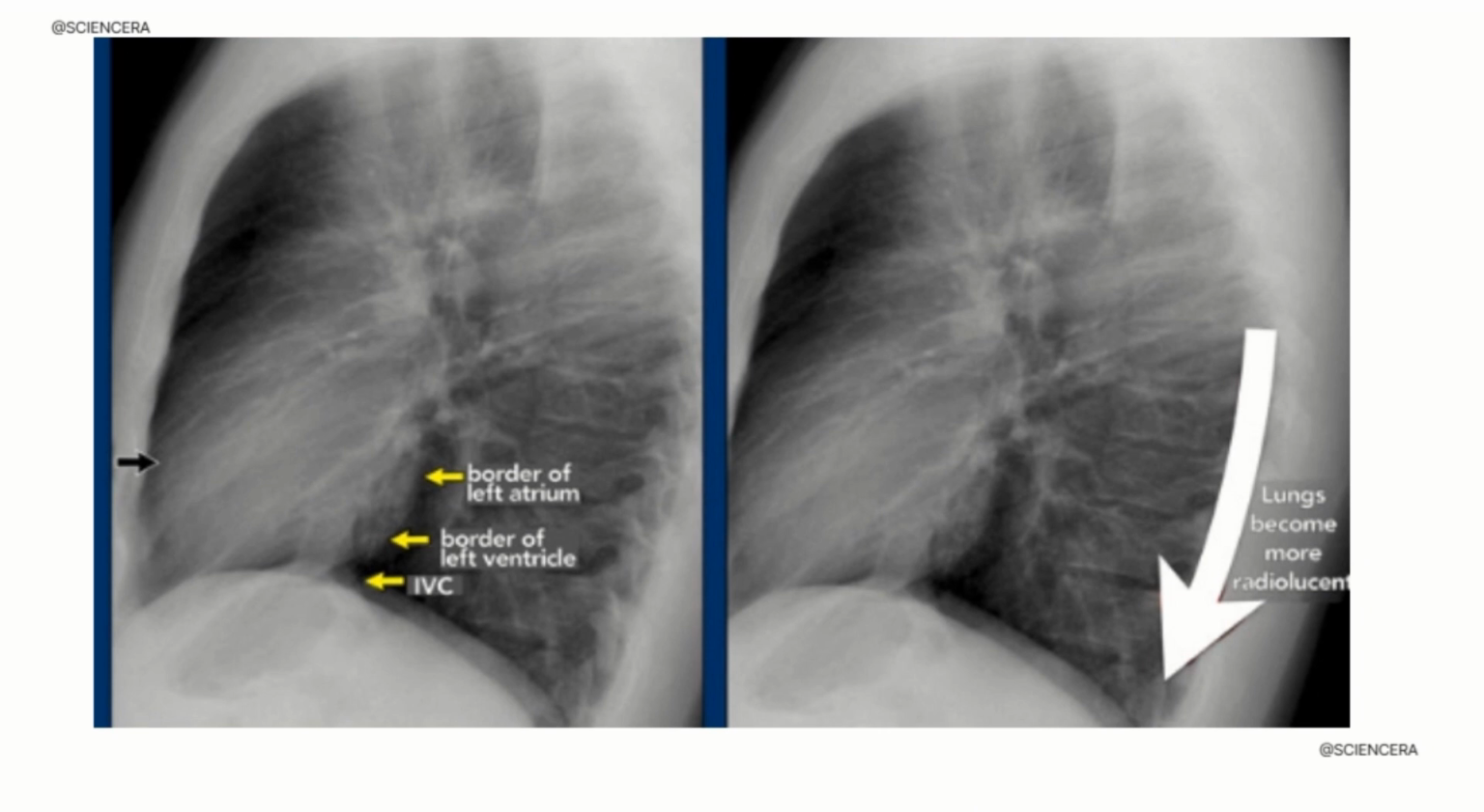This image shows the lateral view of the lungs. Lateral means that's the side view, right? When doctors take a side view X-ray, this is called your lateral view of the chest. On the diagram, you can see border of left atrium, border of left ventricle, inferior vena cava, and then the lungs become more radiolucent. With the lateral view of the thorax, right, of the chest, right, they can see the shape